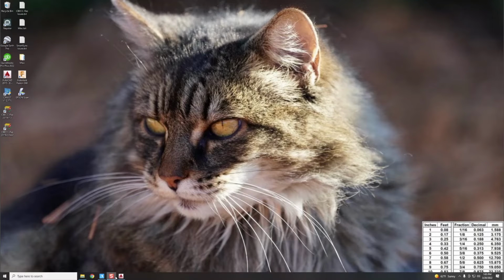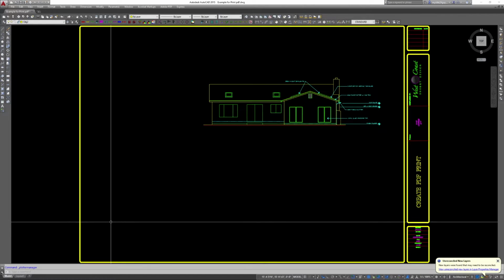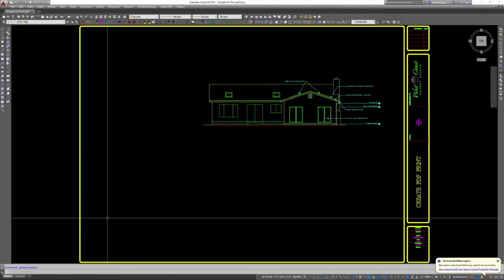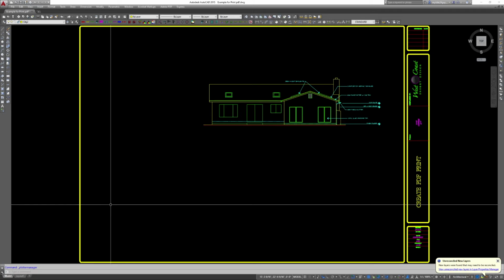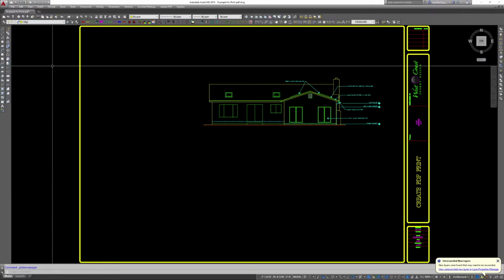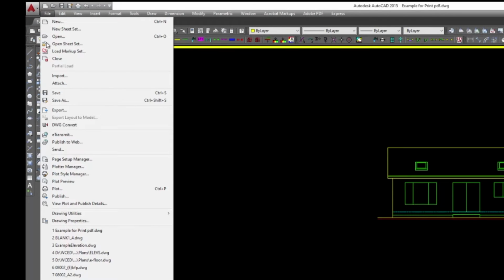Okay, so I have a test file here that we can work on. What we're going to do is create a PDF, 24 by 36 quarter scale print of this. So one of the other things we need to make sure we understand is in here you have your